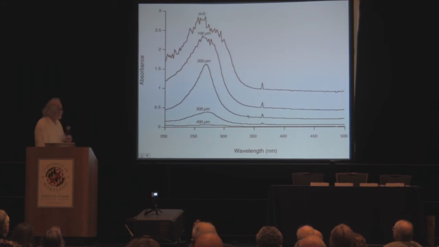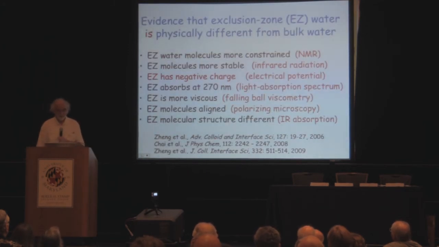And here's the result. So this is absorbance and this is wavelength. And this is the distance from the Nafion-water interface. So if you're more than, say, 500 or 600 microns from the interface, you're out of the exclusion zone. This is flat, and flat means it's just the same as bulk water. As you put the light closer and closer and right into the exclusion zone, you see that there's a strong 270 nanometer absorption. And that's different from bulk water. So the next one is